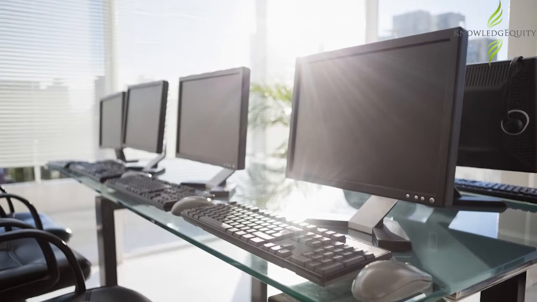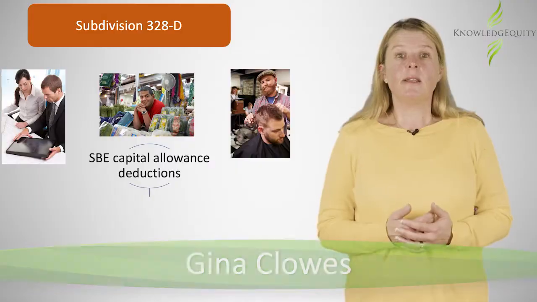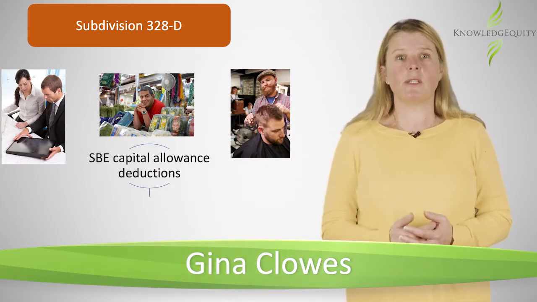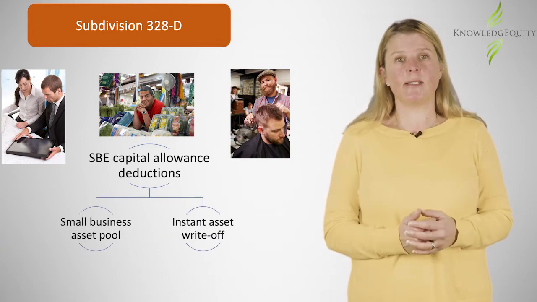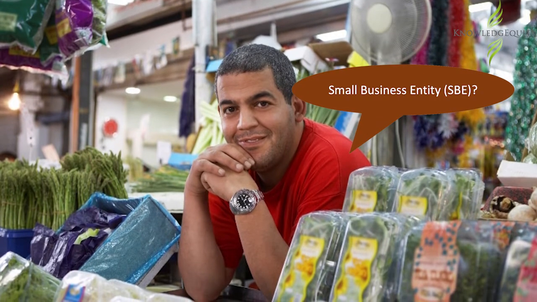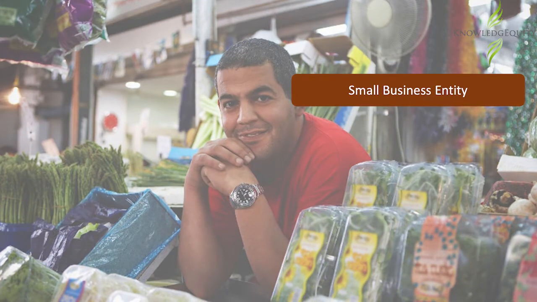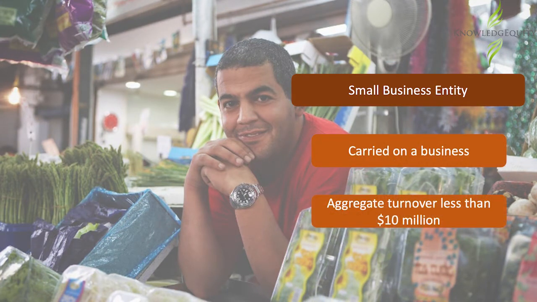Tax legislation provides a simplified capital allowance system for small business entities. The system is optional to enter and has two main methods of claiming deductions: the pooling method or the immediate write-off for low-cost assets. The first thing we need to consider is whether the taxpayer is a small business entity or SBE. A taxpayer will be an SBE if it carried on a business that year and satisfied the aggregate